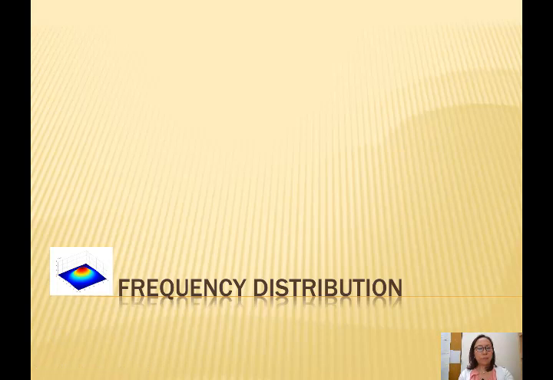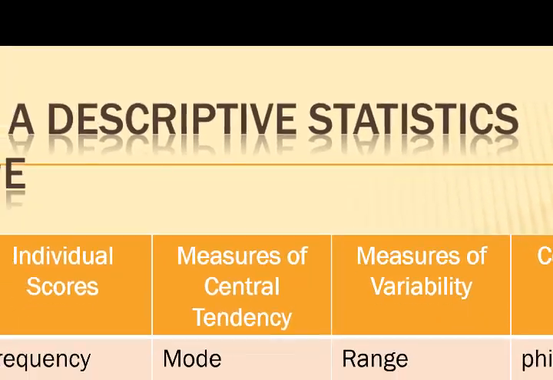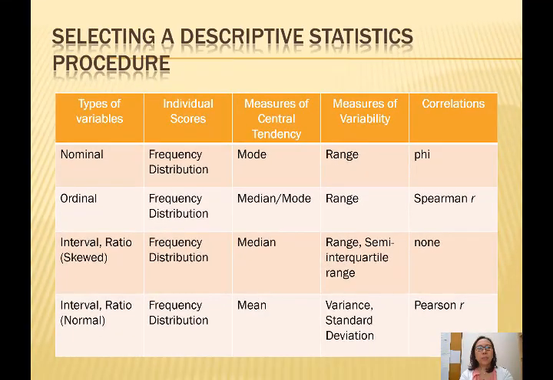Frequency distribution. So here's a table that describes all the various different ways to describe a set of numbers. We call all these different ways of describing a set of numbers descriptive statistics. So this table summarizes for us here in the very first column